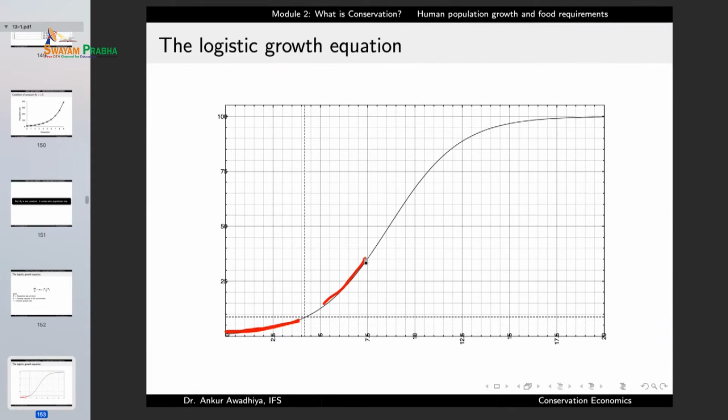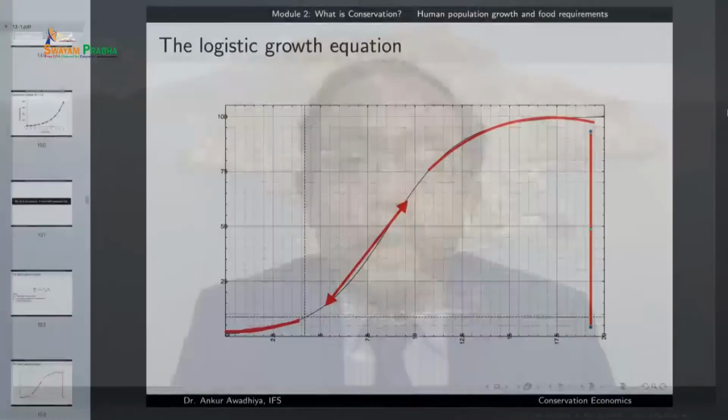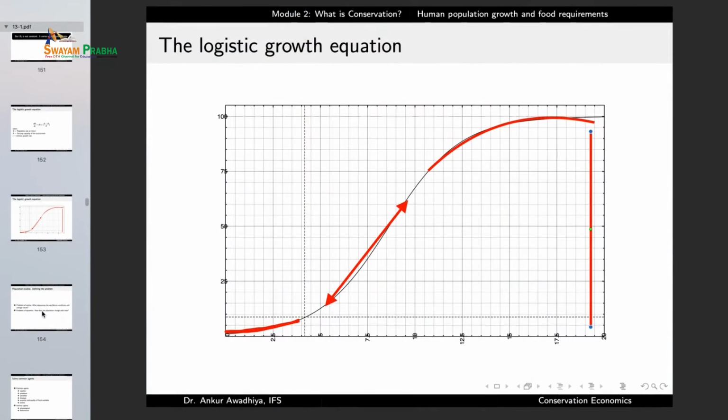Now, with this exponential growth, after a while, the resources start to become less and less. They have become scarcer, because of which the population growth rate again starts to decrease, and we start to see a stabilization. So here the growth rate was less, here again it is less. The population is more or less stabilized, but in between there is an exponential growth. And in certain cases, there is also a collapse in the population, especially if the population has become too old or when the population density is so high that there is a single disease and everybody gets wiped off. So this is what we have been observing in a large number of organisms.